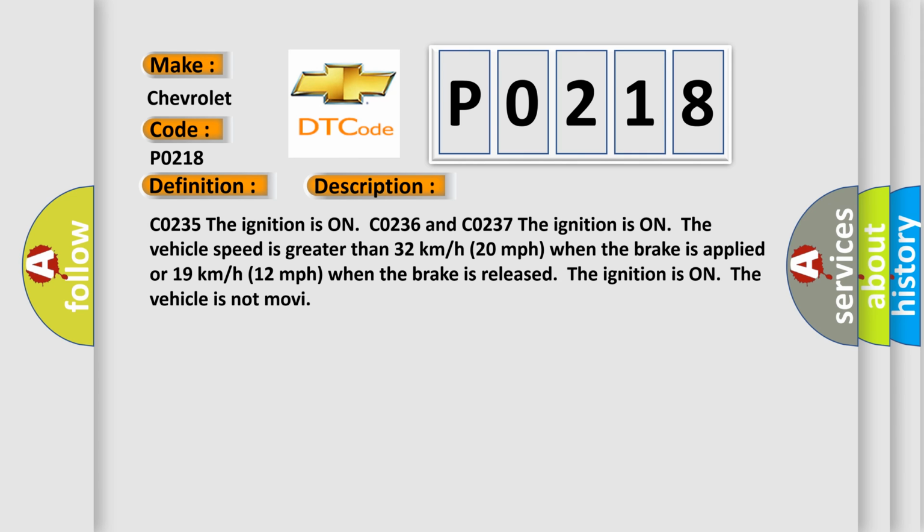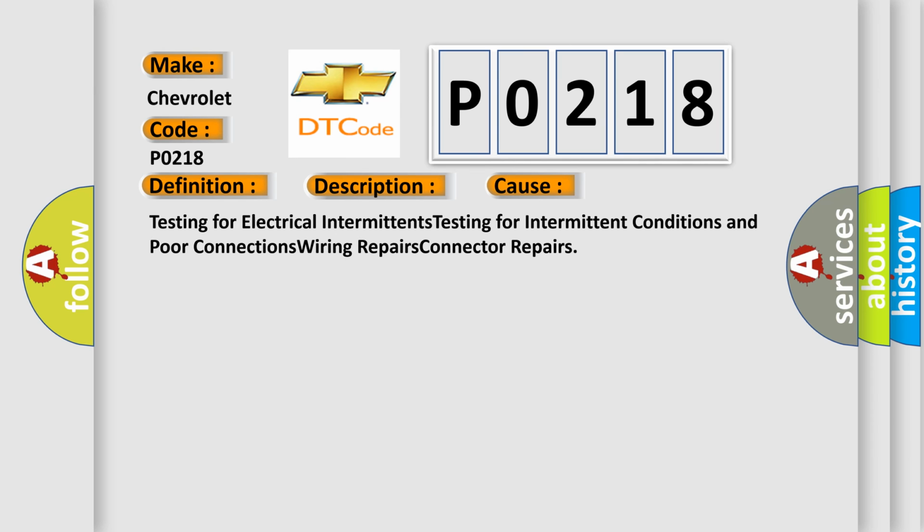This diagnostic error occurs most often in these cases: testing for electrical intermittence, testing for intermittent conditions and poor connections,